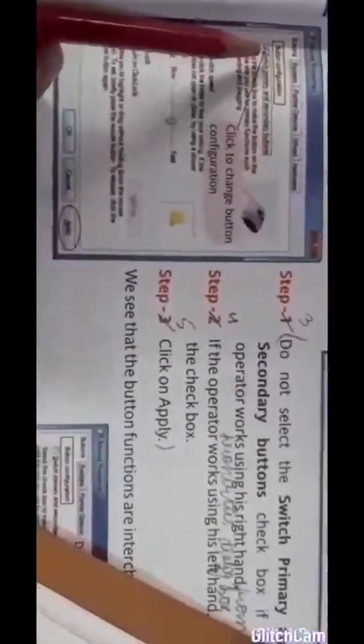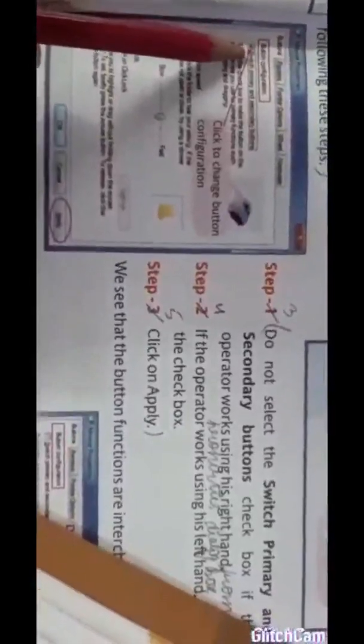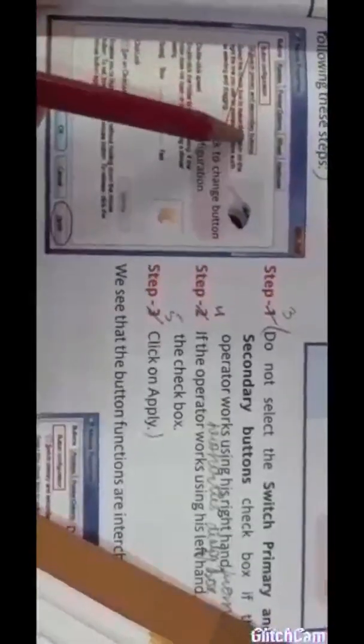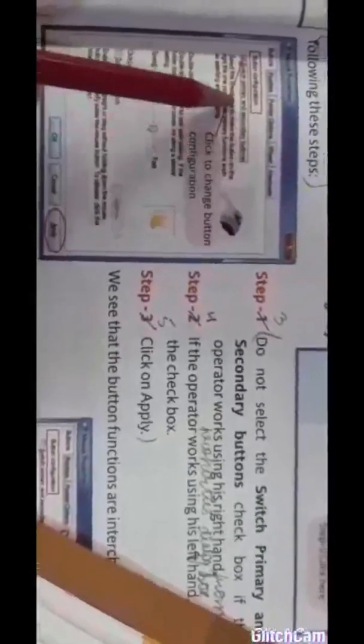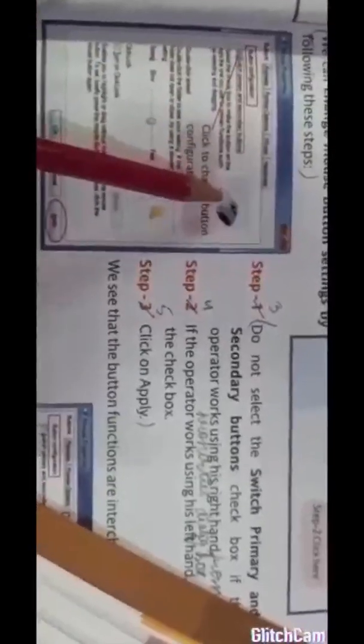In this window, there is an option Switch primary and secondary buttons. It means we are going to change the button from primary to secondary and secondary to primary.